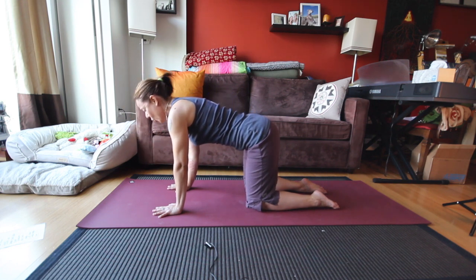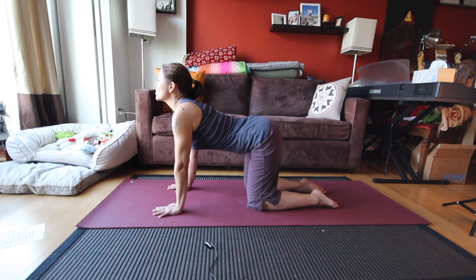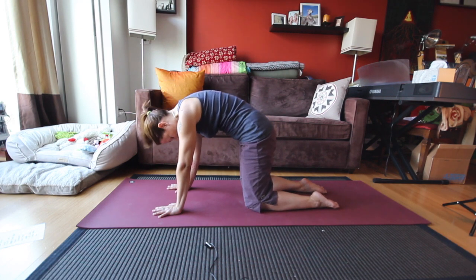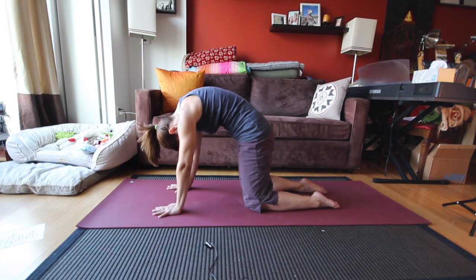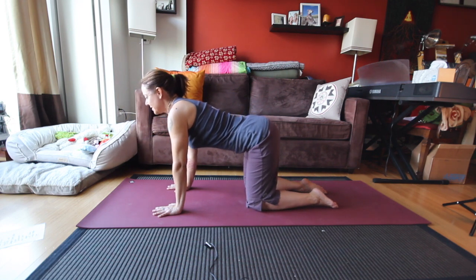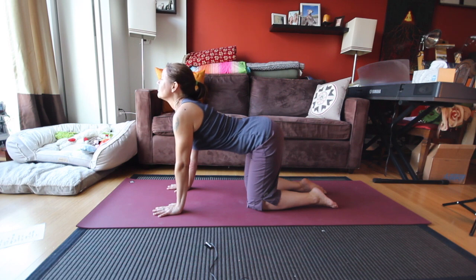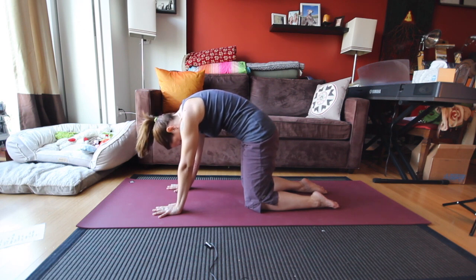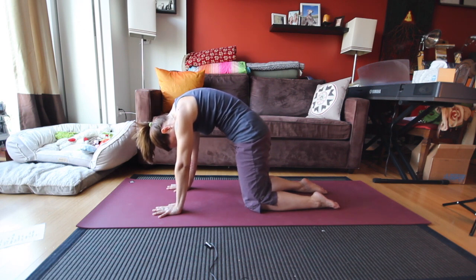Feel free to go at your own pace. If I'm going too slow for you, that's fine. You can just go at your own pace until the next pose comes up. If I'm going too fast, then you go slow. No worries. But you definitely want to go slow enough so that you can really feel the articulation of the movement,